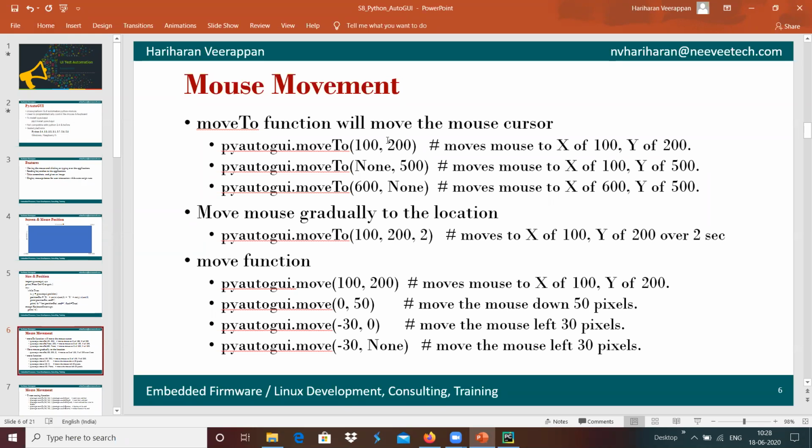Whenever we give 0 cross 0, it moves to that location. In case of move, from the current position we specify how many x pixels and how many y pixels it has to move. That is the move function.